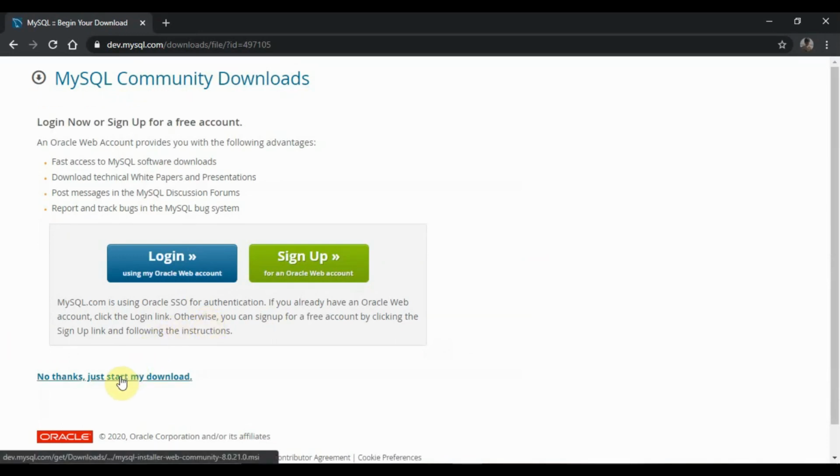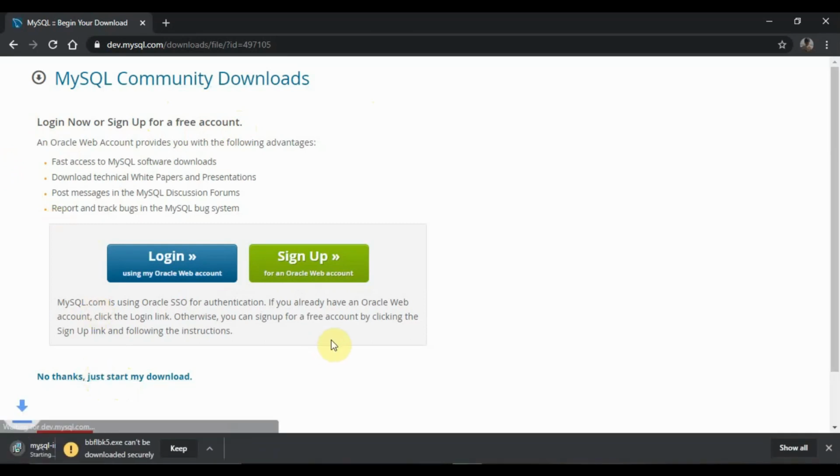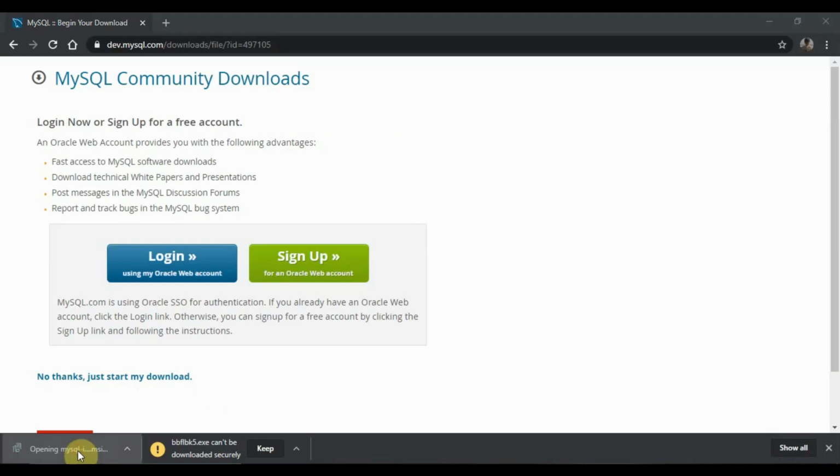Now in this particular page, don't go to login or sign up, just go to no thanks, just start my download. Once it gets downloaded, open that file.